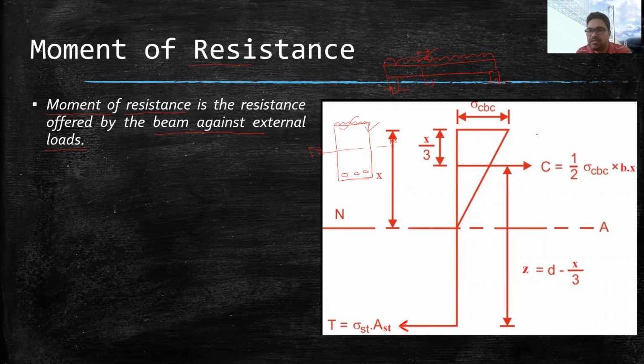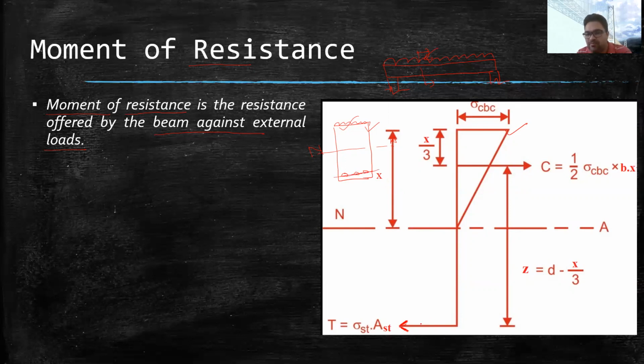Above the neutral axis, the stress diagram is showing the concrete, and below the neutral axis, as we know, concrete is ignored. We consider that concrete is not taking any tension and all the tension is borne by the steel. So at the level of the steel,